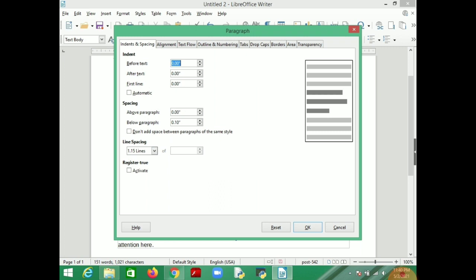You can set how much indent you want before text, after text, how much indent for the first line, how much space above the paragraph, how much below it, and how much space between lines in the document. So you can do it all from the Paragraph option, which is also given in Format. After setting all these settings, you can press OK.